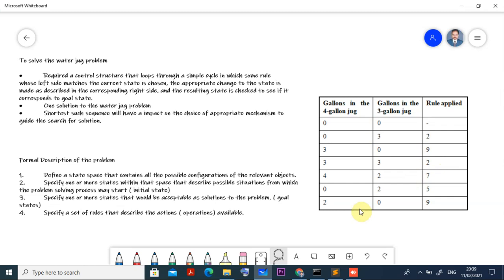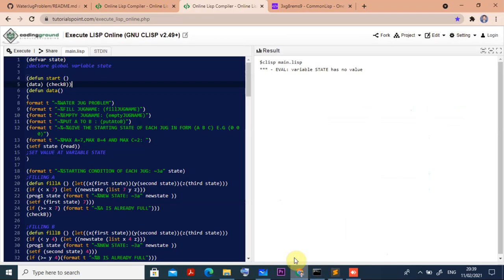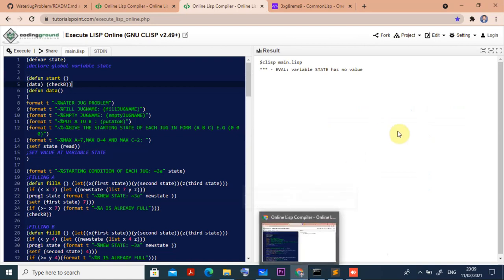Now let us go for implementing all the things in Lisp. This is not new to you; those who have studied artificial intelligence will know all these things. So we are going for this. Now you can ask how we get all the things.